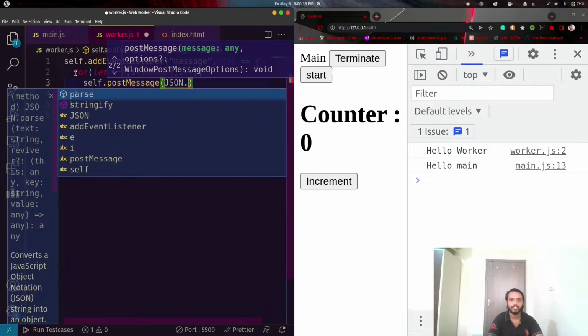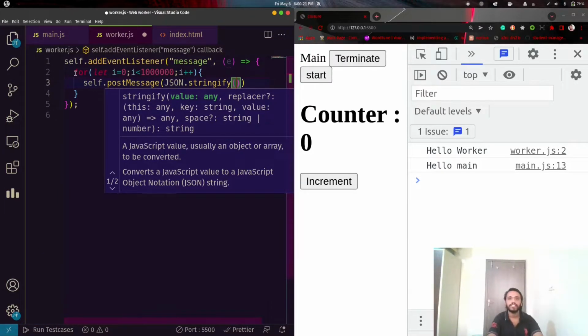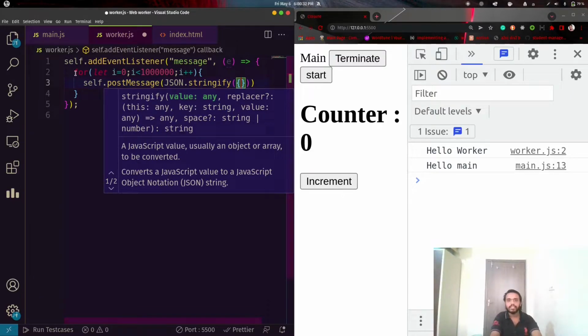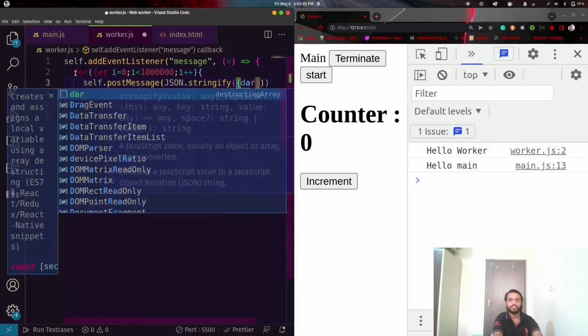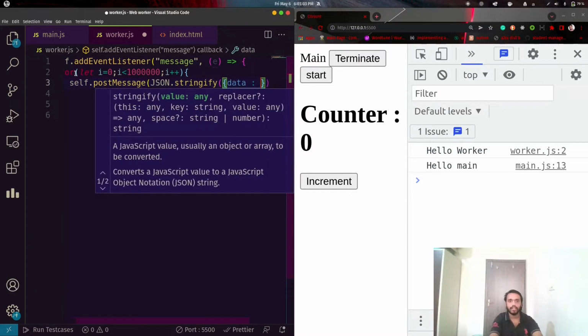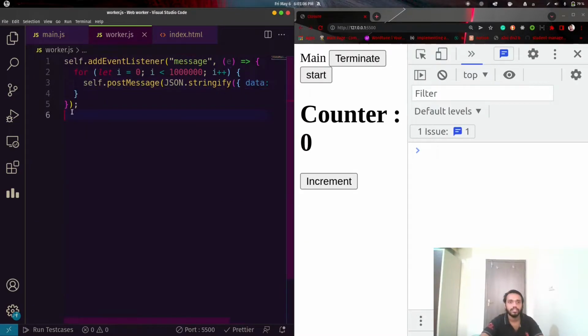Here I am using stringify because JSON serialization is faster than other serialization, and it is best to use it here to make the data transfer faster. There are also other ways to transfer data faster, like using a buffer or binary objects. Now I am just using JSON, passing a counter here.